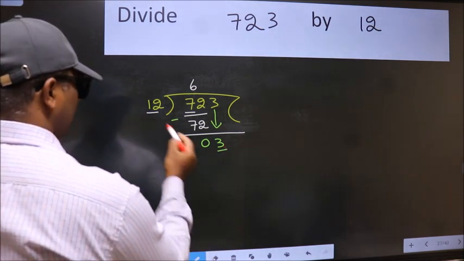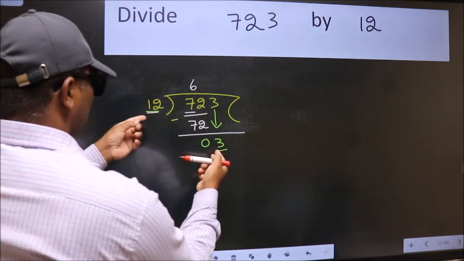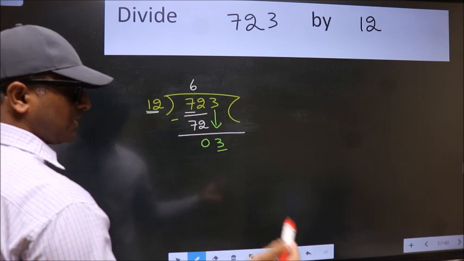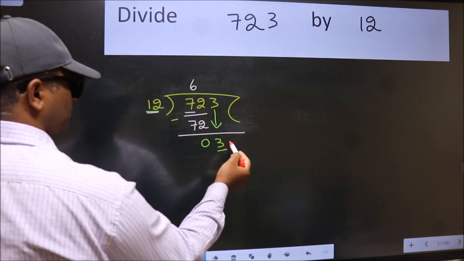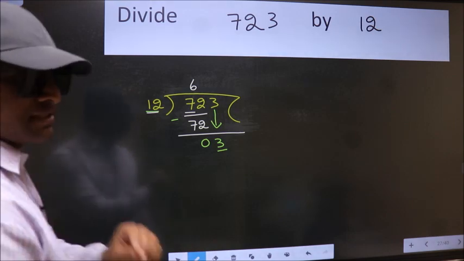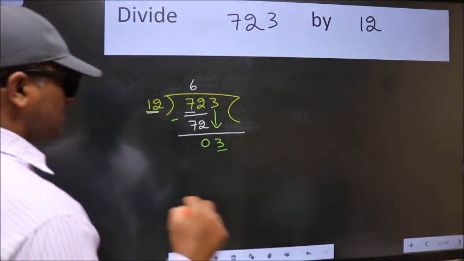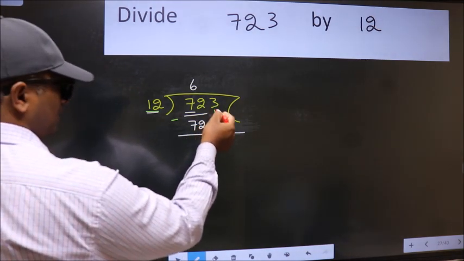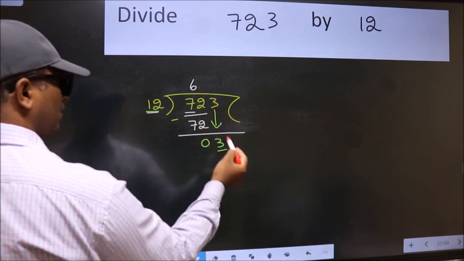Here we have 3 and here 12. 3 is smaller than 12. So what many do is they directly put dot, take 0, which is wrong. Why is it wrong? Because just now you brought this number down, and in the same step you want to put dot, take 0,